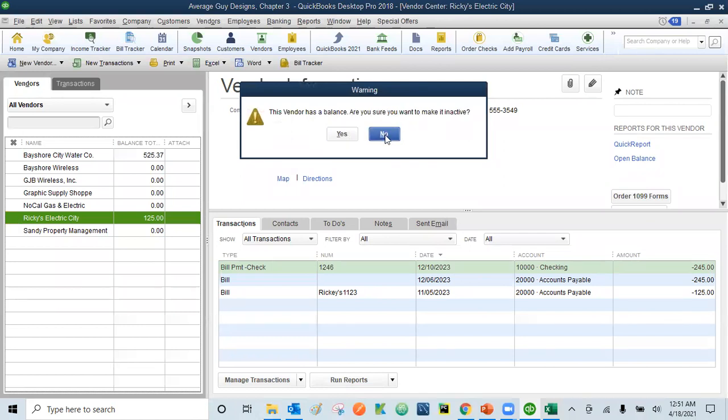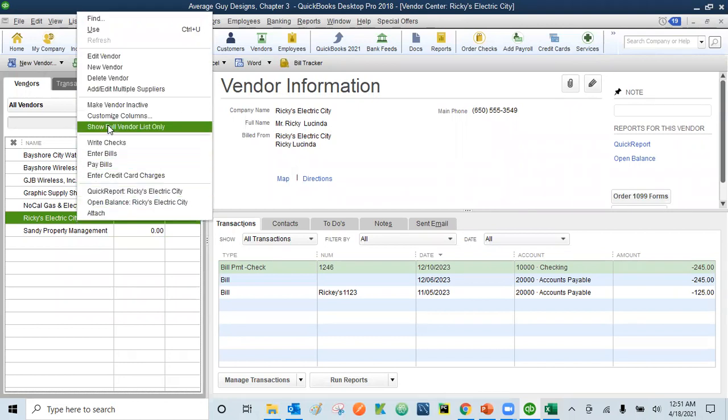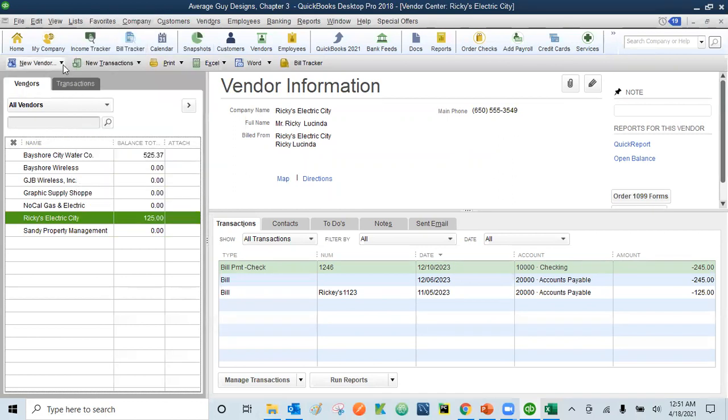or you can right click and then select add or edit multiple suppliers. Vendors or suppliers are the same. You can select this one, or you can select this option where it says add multiple vendors. All three things will work. It's your choice which option you want to use. Let's say I click add multiple vendors from here,